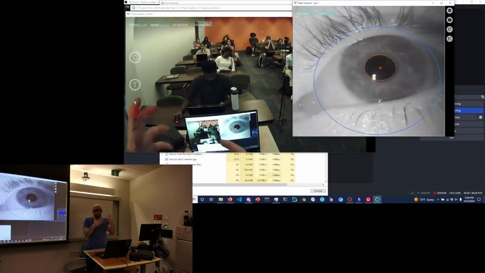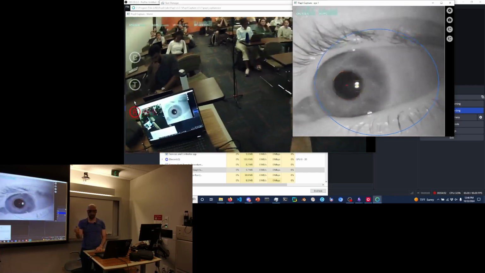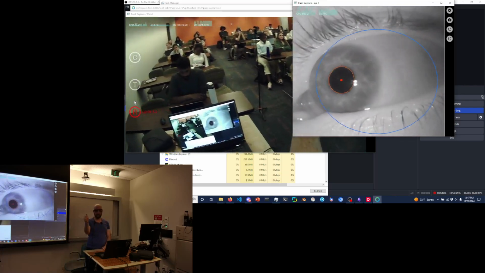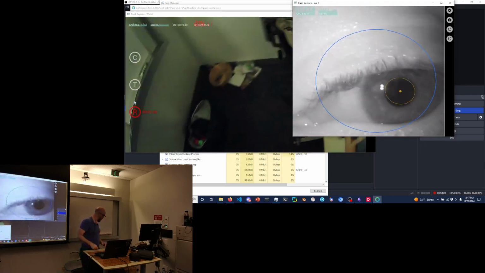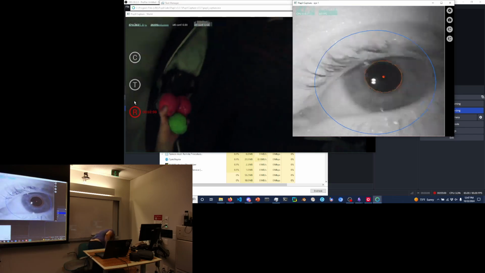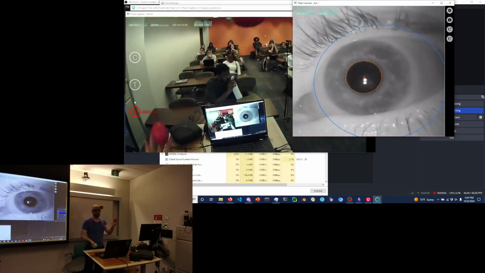Ask yourself what you think the data will look like if we could see the track of my eye. What does that look like in the data trace? What does this look like in the data trace? So this is